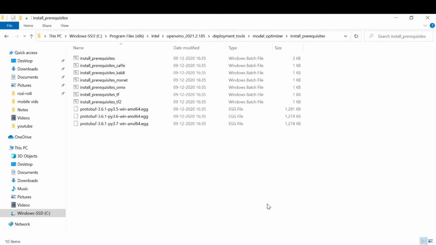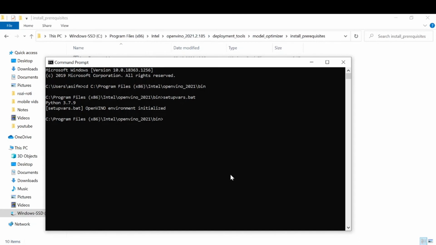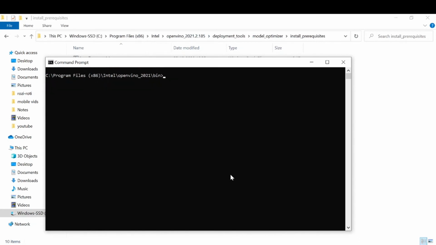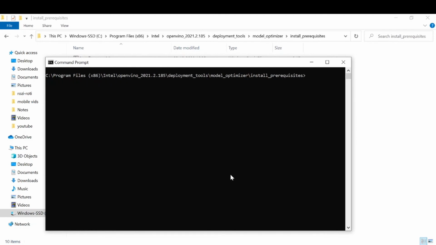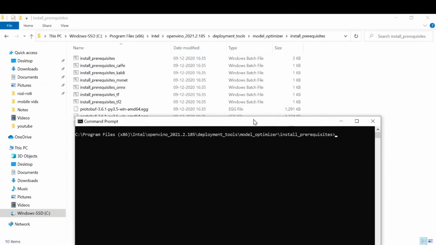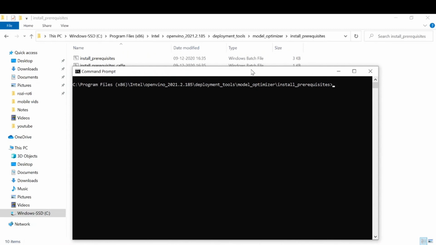We'll copy this path, we'll go to this folder, and then we'll type install prerequisites.